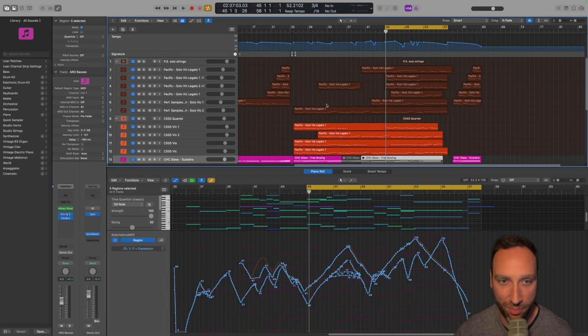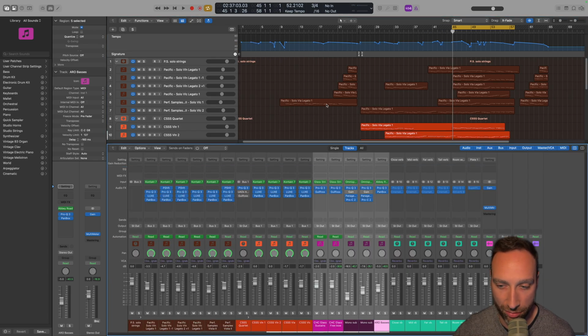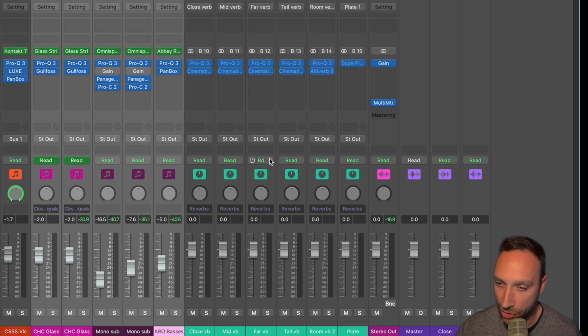Balance is generally fine. We'll probably make changes as we go. But for right now, it's time to do some reverb. So I've loaded in these preset reverbs, which I've developed over time and are part of my template. So the first three here